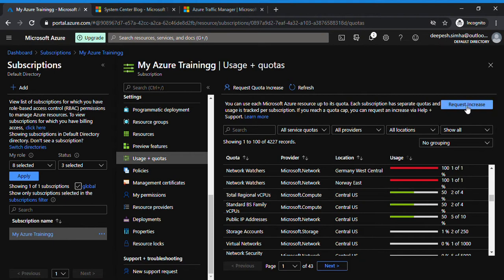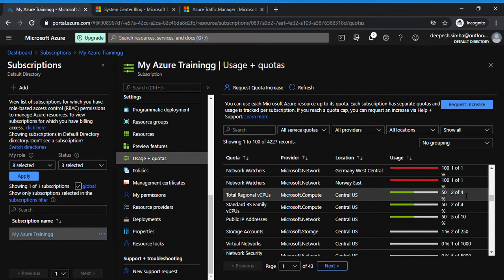You can use the request increase option here. You select the particular cloud service that you want to extend, for example from 4 cores to 20 cores. You mention the particular cloud service details and say 20 cores, and Microsoft is going to extend it for you. Getting my point?